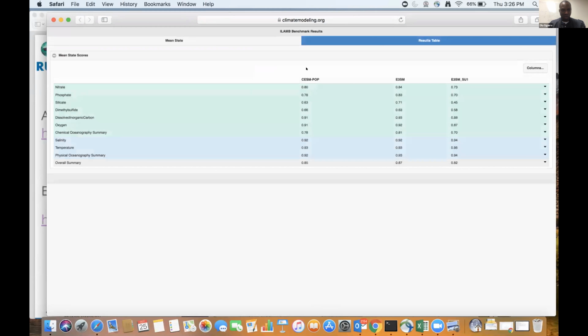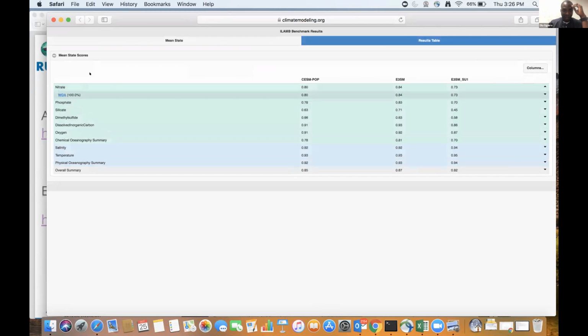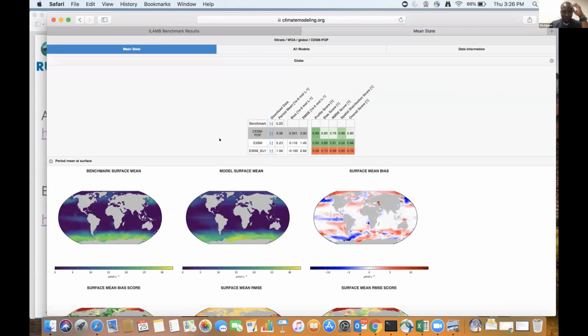You click on the results, and I'll limit my playing around here to just the World Ocean Atlas for nitrate. So if I click on that, then you begin to see what exactly is behind the wall here. So this is the benchmarking, the surface mean. Sorry, I need to mention that this is mainly for the surface.